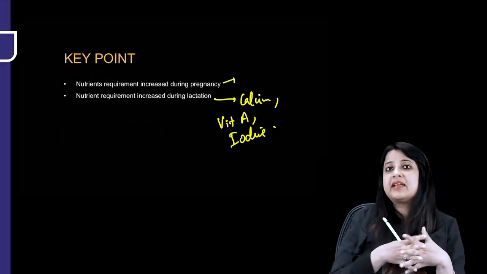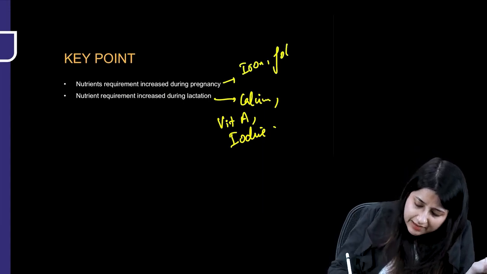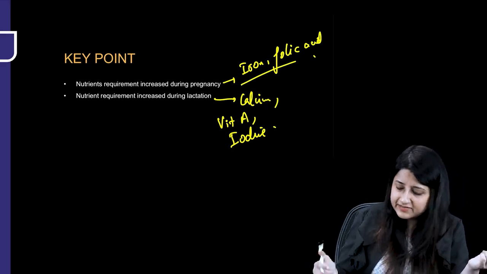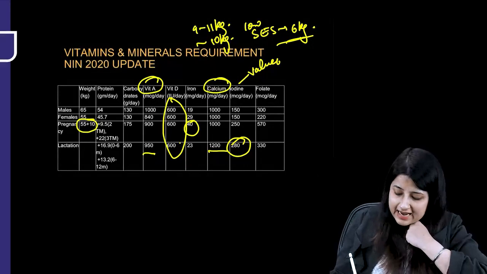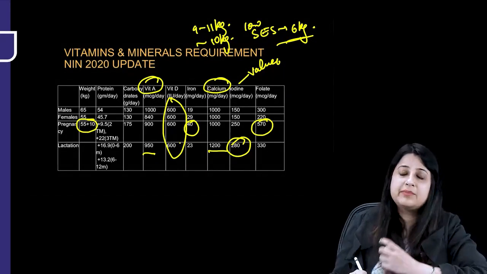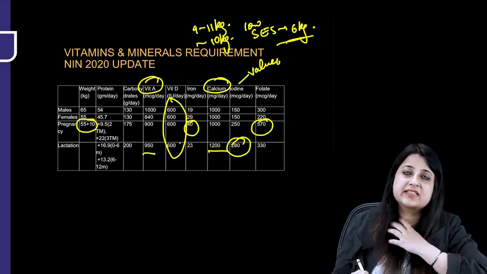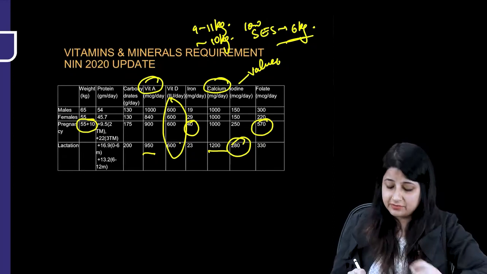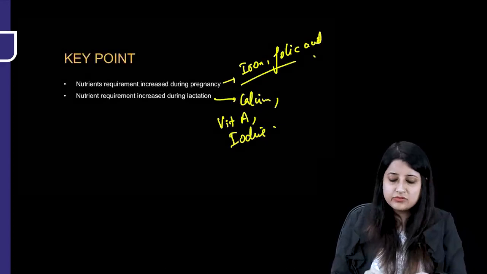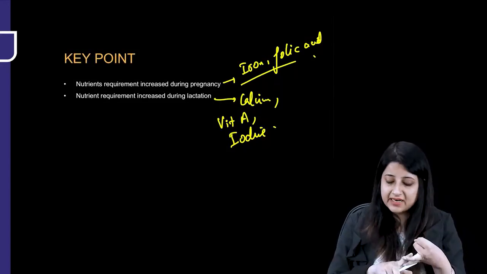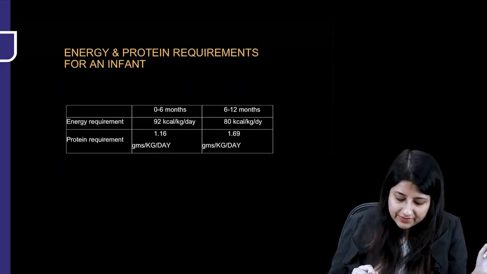So we all know in pregnancy a woman needs to take iron, folic acid. So iron and folic acid requirement are increased during pregnancy. Okay, so here you can see iron 40 milligram per day and folate 570 microgram per day. Plus, the prophylactic iron folic acid that we are giving under Anemia Mukt Bharat consists of 60 milligram elemental iron and 500 microgram of folic acid. So please go through this chart. More importantly are the values of the nutrients whose requirements are increased during pregnancy and whose requirements are increased during lactation. Okay? So that was one very, very important part.